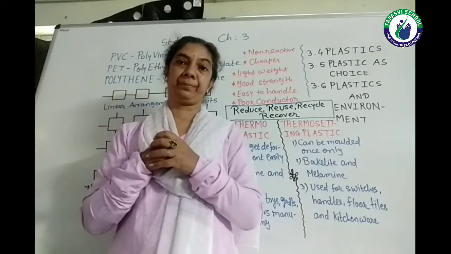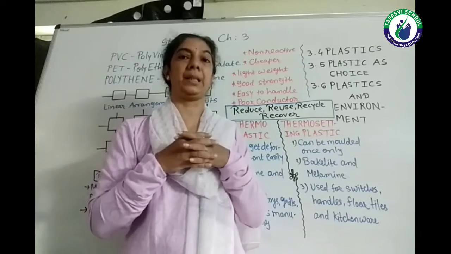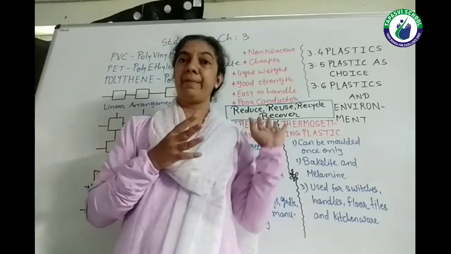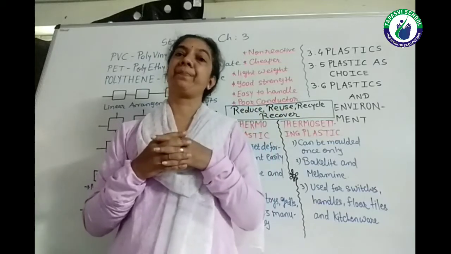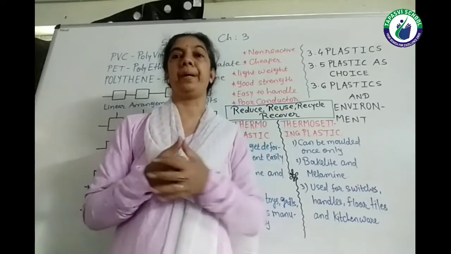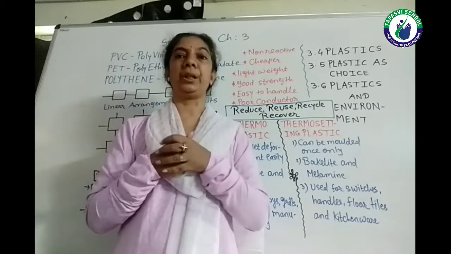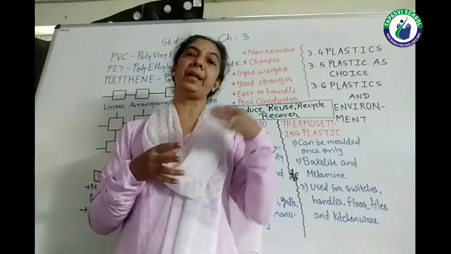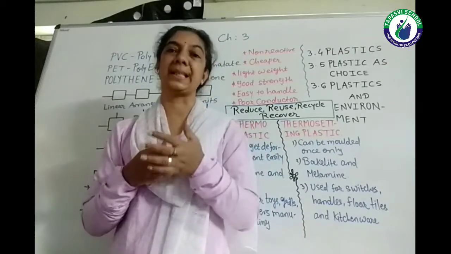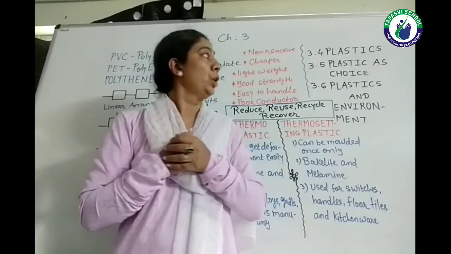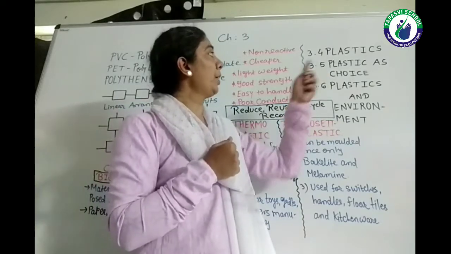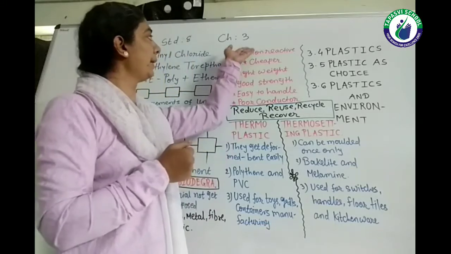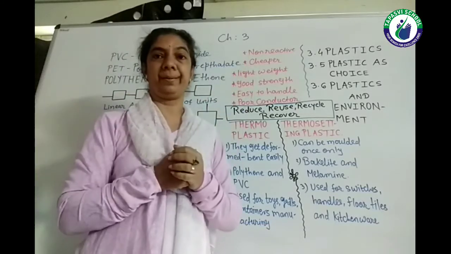grip. So the different materials we will have in plastic, they are divided into two types, and based on the requirement, based on the uses, we are having these different types of polymer, we can say, and in polymer we are talking about plastics. So why we are using plastic as a choice? So few characteristics are over here.